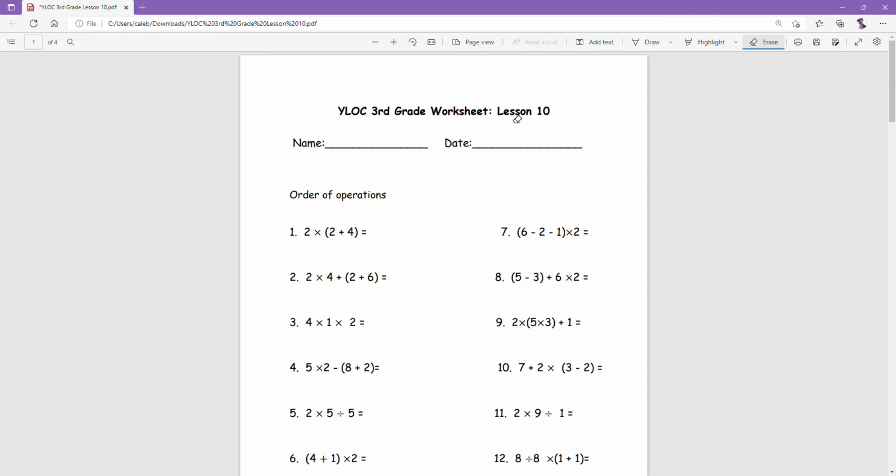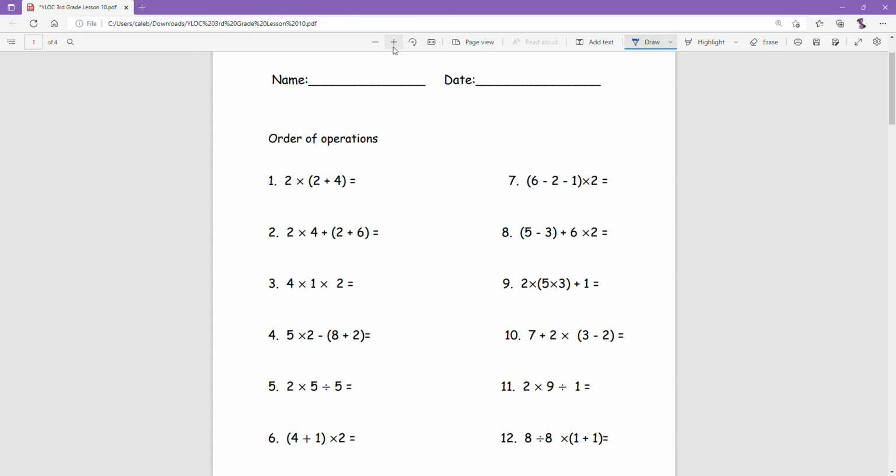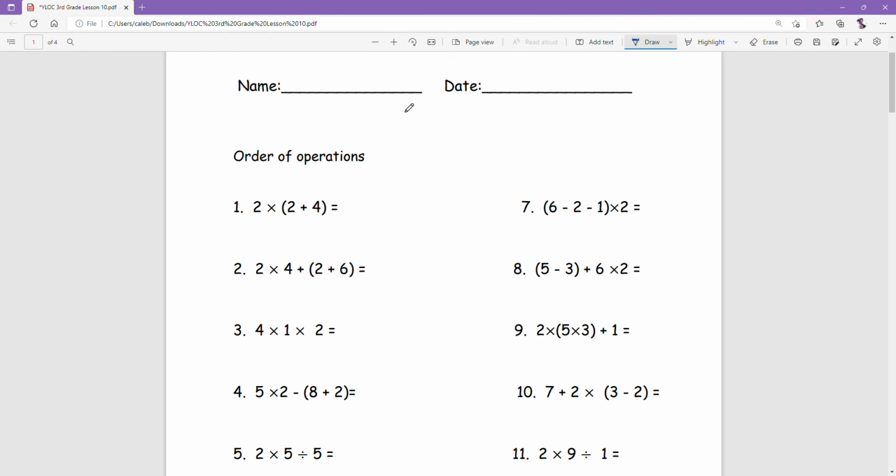Hi guys, today we're going over the third grade worksheet for lesson 10. So let's look at number 1 here. For these problems, we're going to have to use the order of operations to solve the problems. If you remember, the order was PEMDAS, right here,